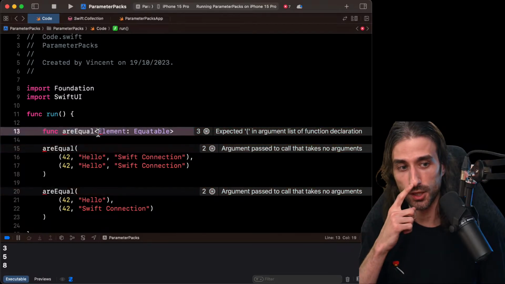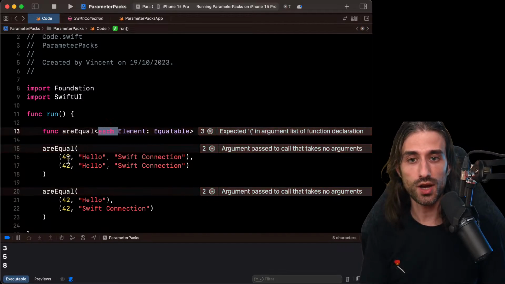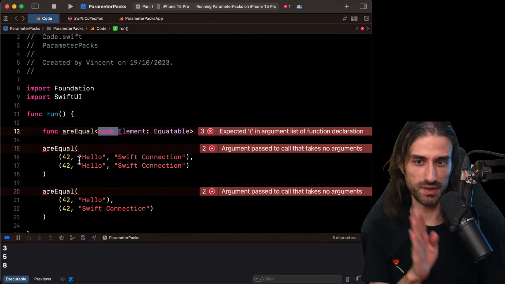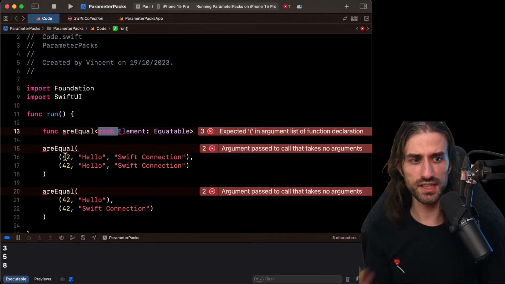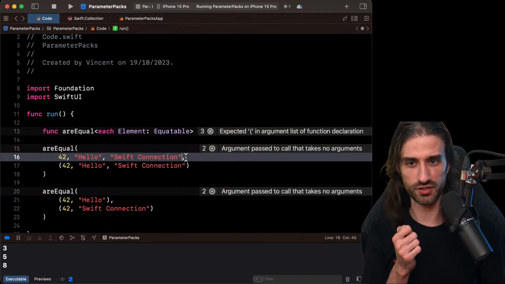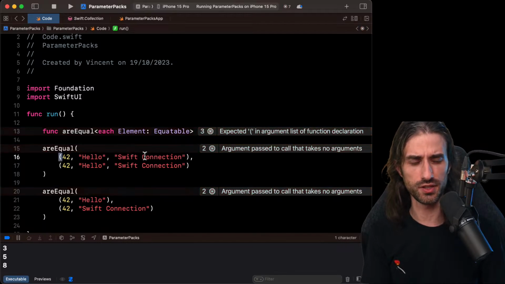Because if you hadn't been using a parameter pack, you could write this, but then it would only work when all of the things you are comparing are of the same type. Here, we no longer have this constraint. We can have different types as long as we use the same type on the respective indices of each of the tuples. By the way, I've defined tuples, but you could do the same thing with just comma separated values. I don't know why I put tuples, it complexifies the thing a bit, but there is no real reason for it.